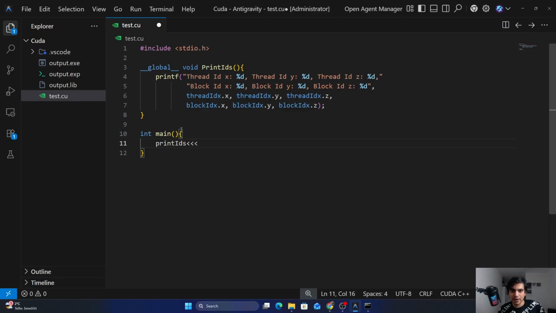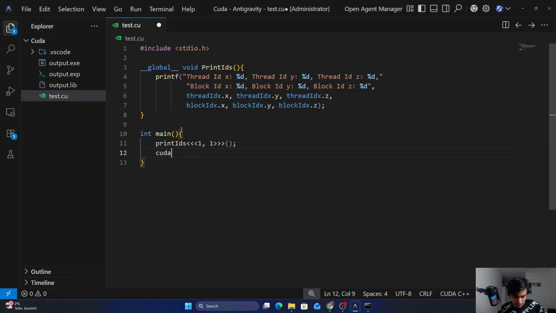Now you have to write the number of blocks you need. In the first example I am going to need just one block, or a one-dimensional block, so I have to put one here, comma. Next we have to define the number of threads per block. In this example I am just going to create a one-dimensional thread, or one thread, so I have to put one here again. These blocks and threads will most probably be created along the x dimension. Now enclose it again using the angle brackets and create a set of small brackets, put a semicolon